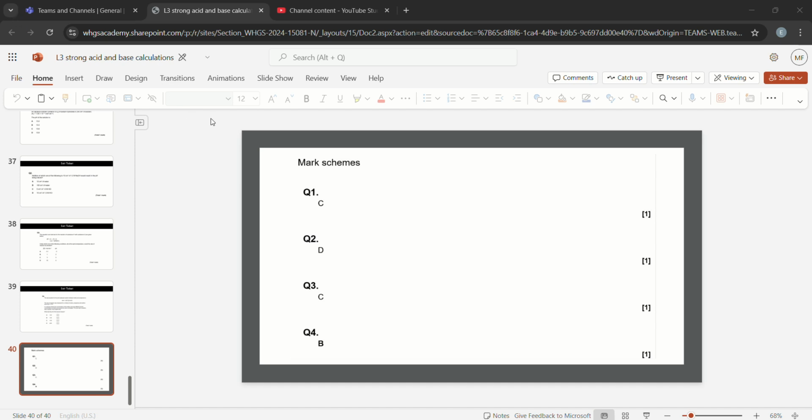Question 1, exit ticket multiple choice question. An aqueous solution contains 4.0 grams sodium hydroxide in 250 centimeters cubed of solution. The pH of the solution is... 1 mark. So Kw,